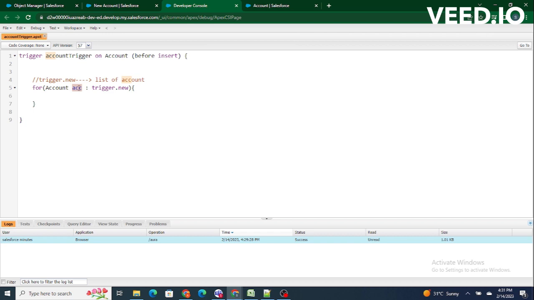It will pick up all the new accounts, and we get one account record at a time. While creating a new account, whatever new accounts are going to get created are passed inside trigger.new, and we pick one account at a time and check whether is active is false. This means is active is not checked. Then